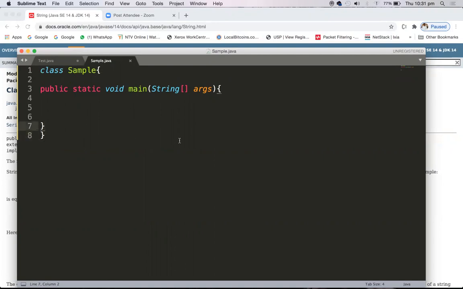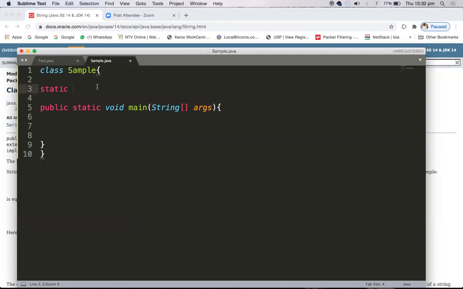Okay, so in order to understand, let's assume I have a class Sample and I have a main method over here. In the class Sample, let's assume I have a static field because I want to call it with the class name. Let's assume I have a static field of type String, and the static field is, let's say, name. And what is the value of this particular name? Usually all static members we will initialize, right? So static String name equals, let's say, Java. Okay, so I have a static member which is name, right?